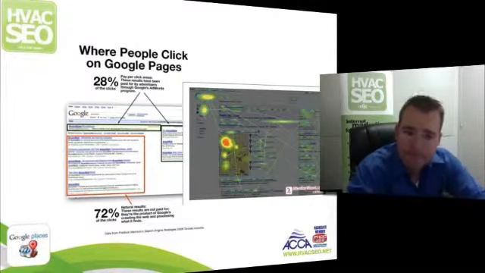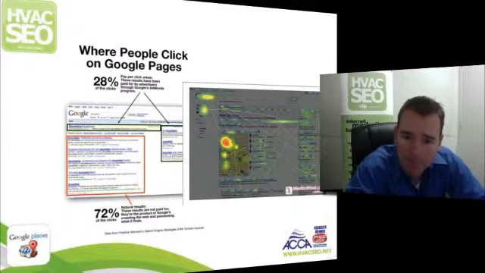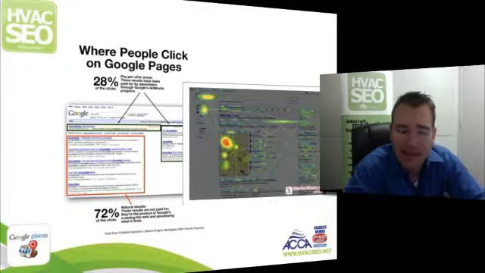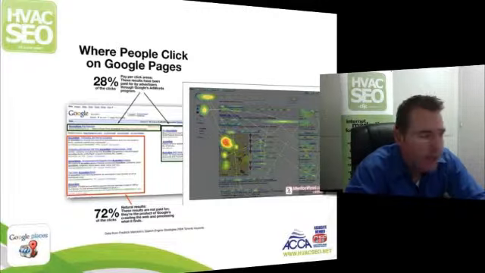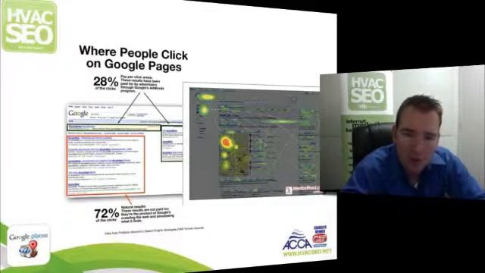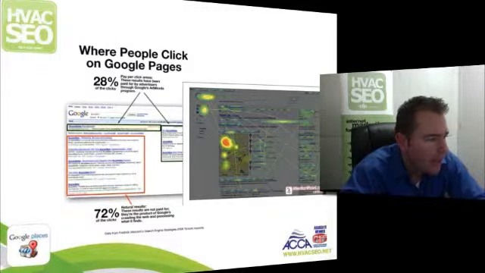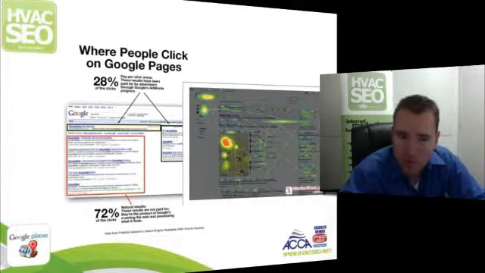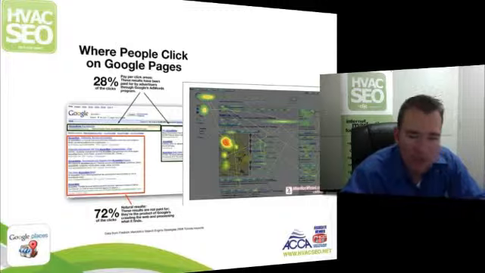Now, with that said, if you've got a limited budget, in other words, you don't have $10,000 a month to spend in advertising online, and you want to get the best return on investment for your time and for your energy, I'm going to pull up a chart here that you can look at, and what this shows is where people typically tend to click on the search engines when they run a search. And this was a study done by ComScore, and what they found was more than 70% of the population, when they run a search, like for instance, they type in your city AC repair, more than 70% of the population